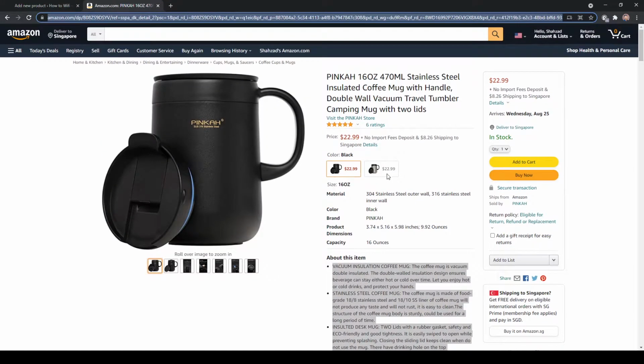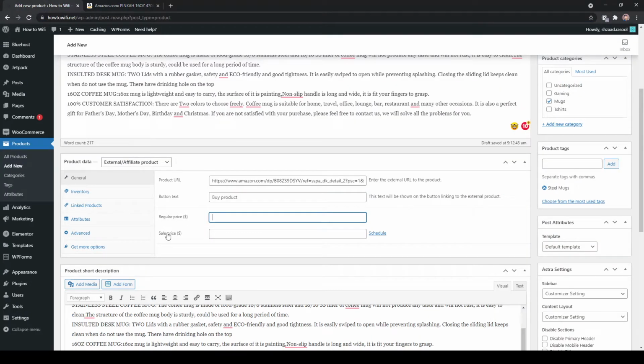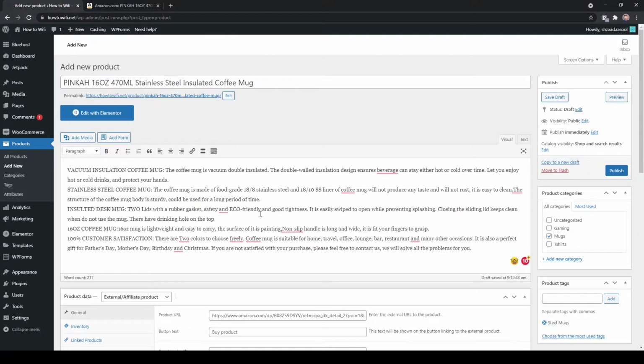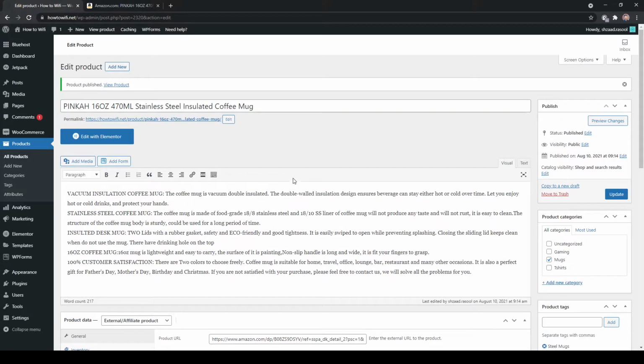So here you can add a regular price. So let's see, it's right here for $22.99. So I'm going to add a sale price of $22.99, and for the main price, let's add 29.99, and for now 22.99. So after putting in all the details, you have to simply click on Publish, and you can see our product has been updated. So to check our product, you have to simply visit the site